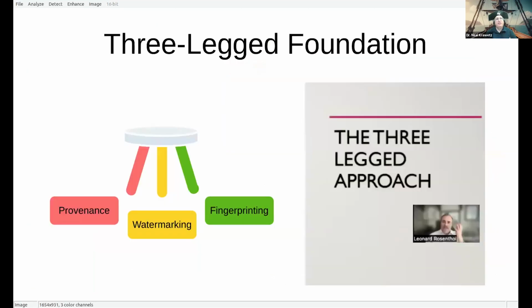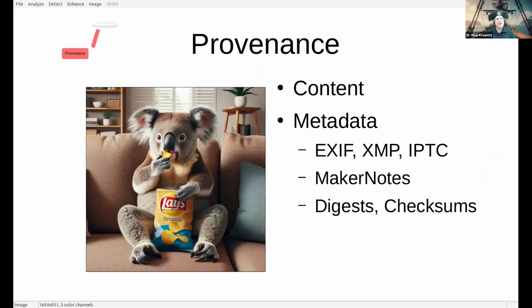Since we're talking about C2PA, I'm going to evaluate it using the same three-legged approach used by C2PA that Leonard just mentioned. That's provenance, watermarking, and fingerprinting. Provenance focuses on the content and metadata that helps identify how a file was created and handled. All of that information is stored in the file.